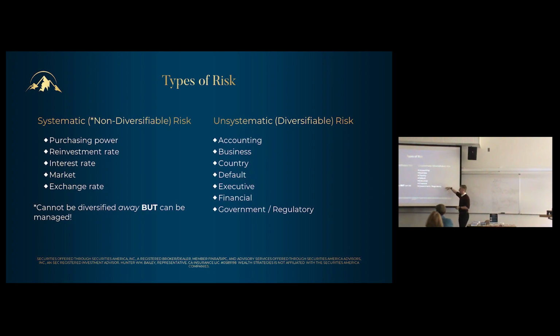Government and regulatory risk speaks mostly to the municipal bonds, where yes, we could be all in California municipal bonds and pay no taxes on the interest, but now you are completely at the risk of the California government doing something that really screws their balance sheet and puts us at a point where maybe they start defaulting on bonds. So really, all of this is taken care of by diversifying into a lot of different things,